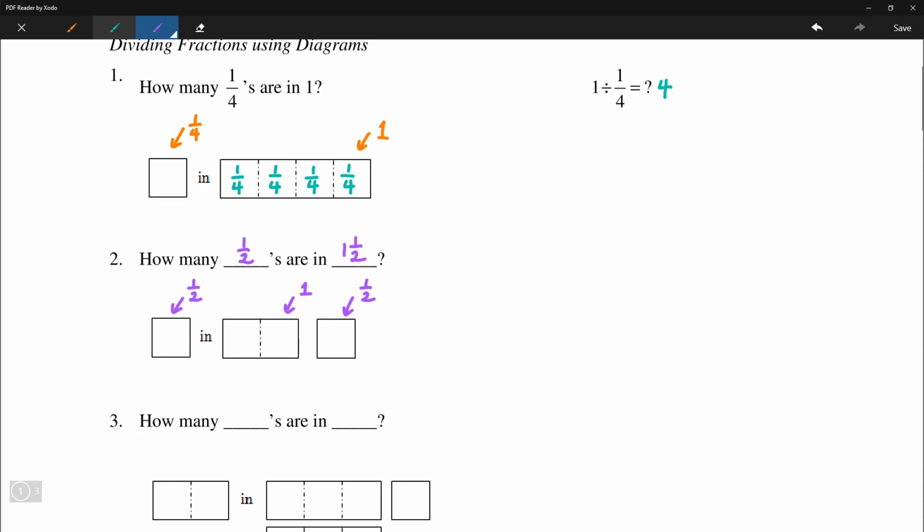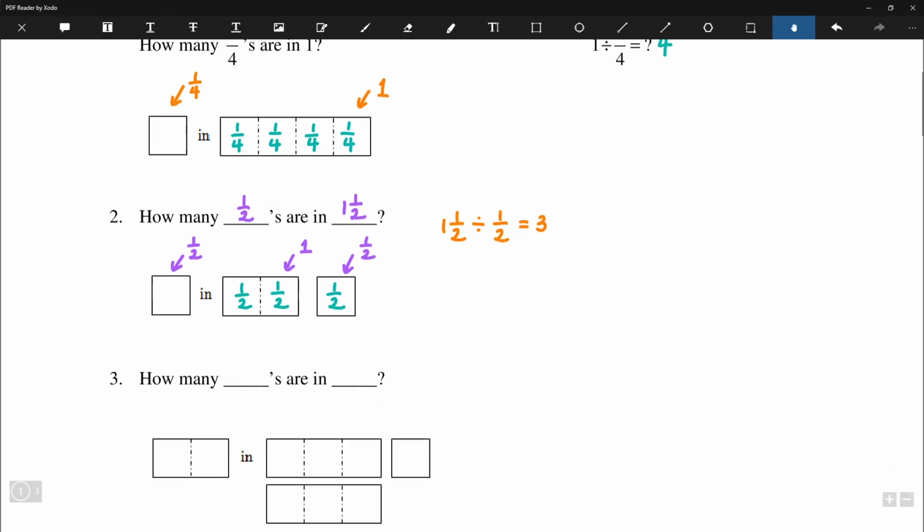And then the answer to that question is going to be 3. First 1/2, second 1/2, and third 1/2. If we are then to write this as a division question, we have 1.5 divided by 1/2 is equal to 3. Okay. So one more,